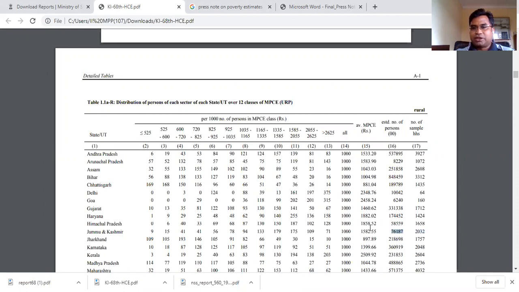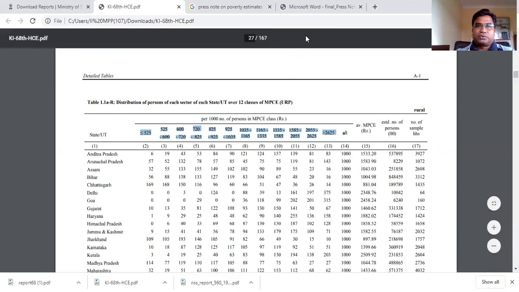So this is correctly giving me the figure for the estimated number of persons. Now let's get into this part: how do I count out of 1,000 persons how many people are there in different consumption brackets? That means we have to do a bit more exercise.